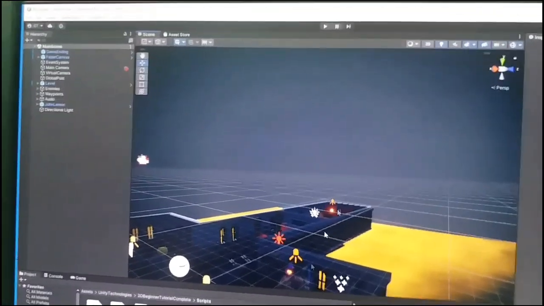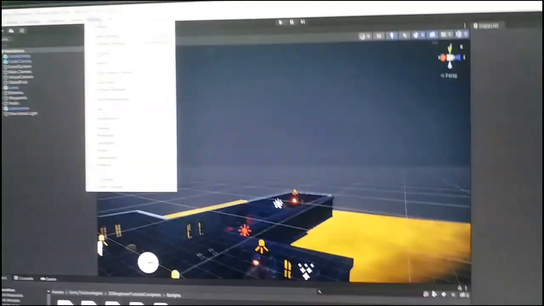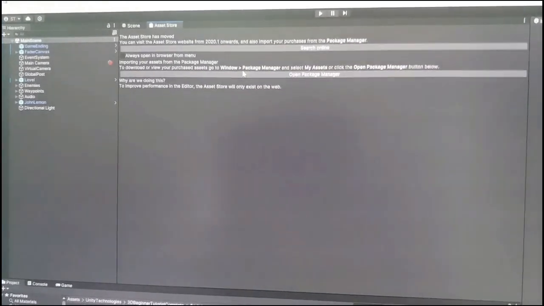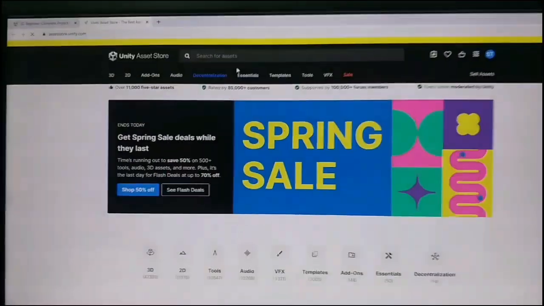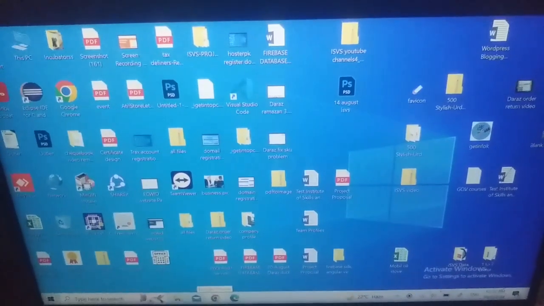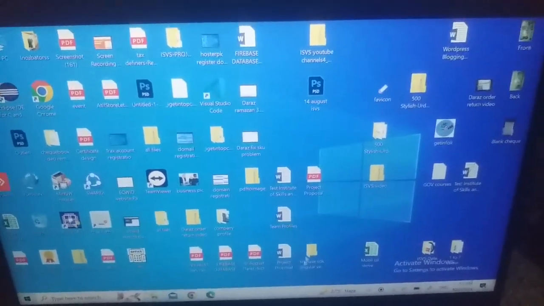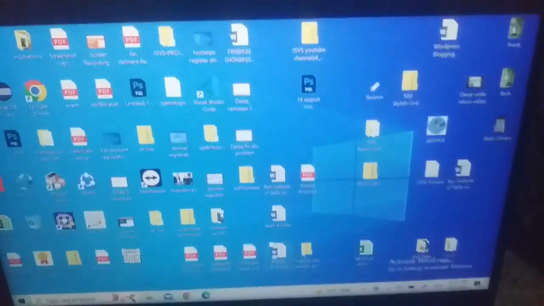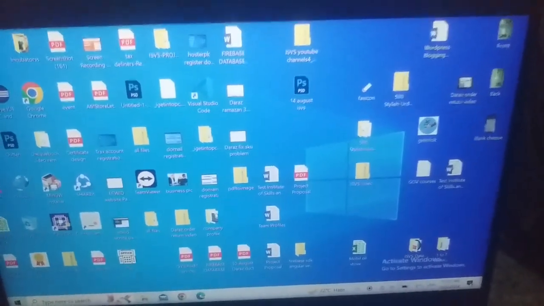Let's get started. Viewers, what you have to do is go to Window and then click on Asset Store and then click on the Search Online button. So what will happen is that the Asset Store will open. If you can't find the Unity Asset Store option in Unity Editor, what you have to do is go to